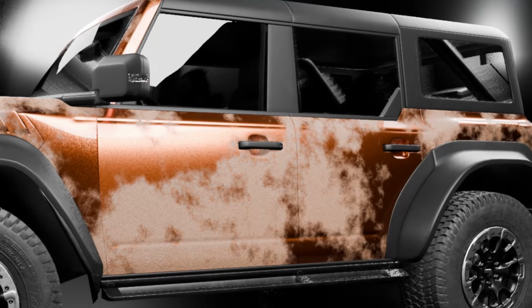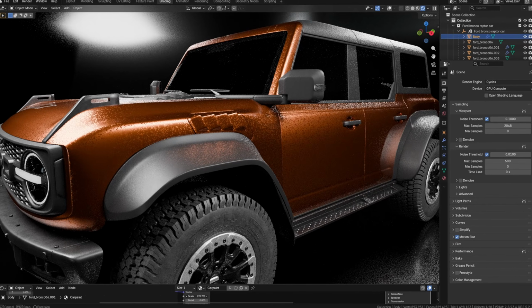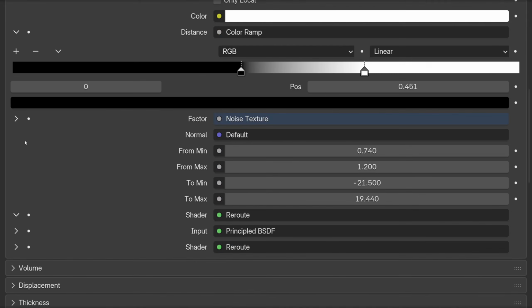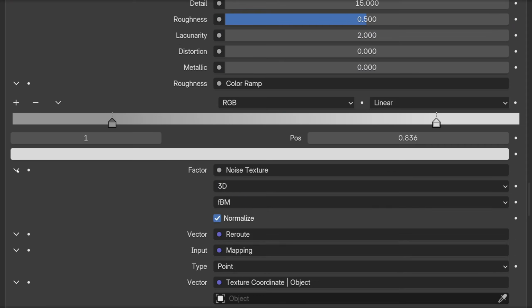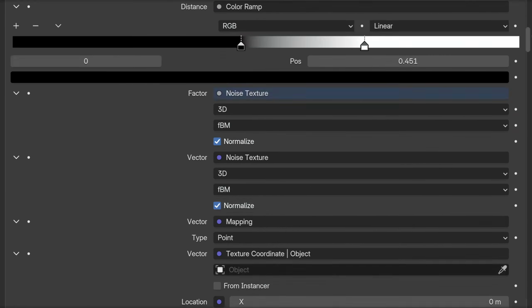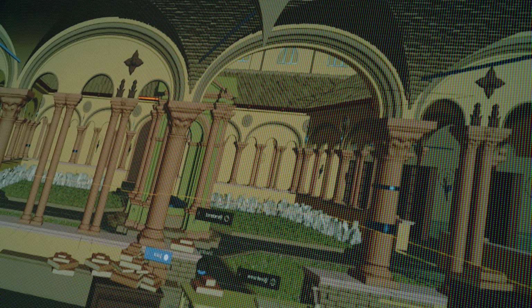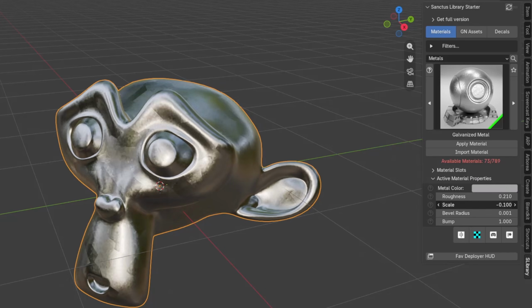But what if you want control over the scratches or the dirt, or even simply the scale of the speckles in the metallic car paint? Well, it is possible, but it's such a tedious process to find these specific settings and features in this giant heap of possible sliders and data fields. That might not sound like a huge problem, but imagine having to do it hundreds of times for dozens of different materials. It's pretty annoying, and it's why when you buy a professional shader, it will always have these controls